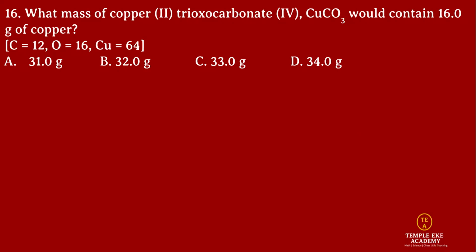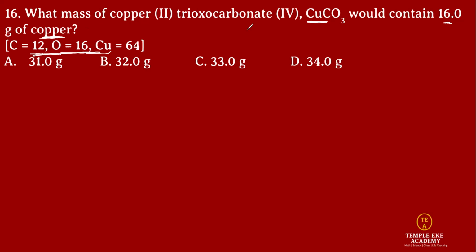Right? This is a calculation in chemical composition stoichiometry. What mass of copper 2 trioxocarbonate 4 with the formula provided would contain 16.0 gram of copper? Very simple question, and we're provided the molar masses, the relative atomic masses of the constituent elements. We're going to, in this video, use the method of dimensional analysis, which means we want to work from 16.0